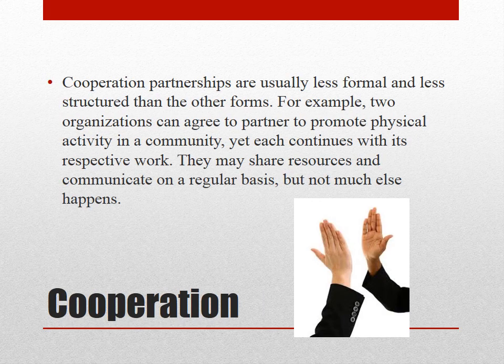The next type of partnership are cooperation partnerships. Again, these are not quite as formal. Cooperation partnerships typically have the same focus or the same goal, so they may be working to try to increase physical activity in a community or increase nutritional foods in school systems. They have the same goal and they may share some of the same resources, but each has their own work and they do it very separately. If we were to associate these different partnerships, a cooperation partnership would be similar to a high five. They're less structured, they have the same goal, they may share some resources, but overall they're working very independently from each other.